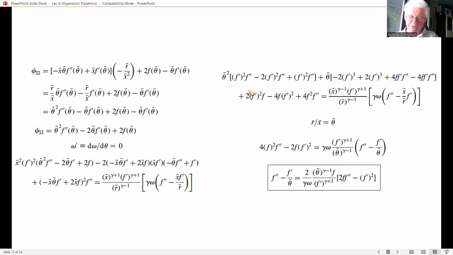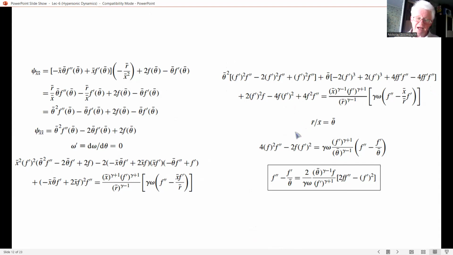Not very simple, but this is reality. Next step, dividing this expression by x average squared and grouping coefficients of like powers, theta average squared, this becomes